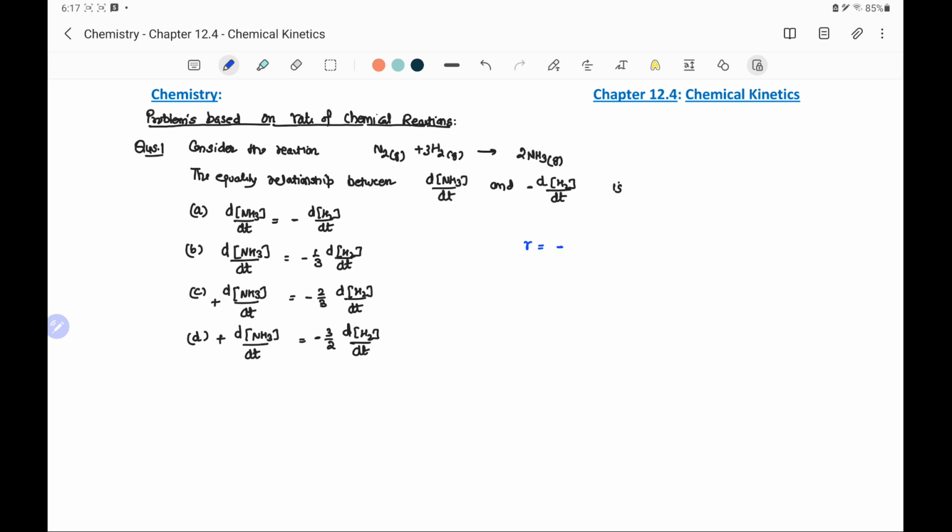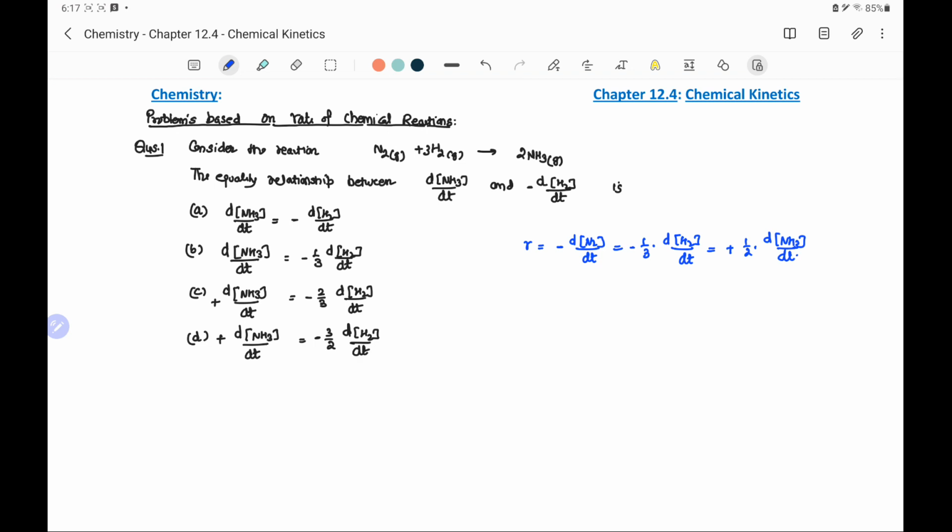For converting it into the rate of reaction, we have to take the negative because rate of reactions are positive. So it will be rate of change of concentration of N2 by dt. It will be equal to, now another reactant is hydrogen H2 and its stoichiometric coefficient is 3. So rate of reaction will be 1 by 3. That means rate of change of concentration should be divided by the stoichiometric coefficient, and it is dH2 by dt. And NH3 is the product, so we have to take positive, and stoichiometric coefficient is 2, so it is 1 by 2, and rate of change of concentration is of ammonia.